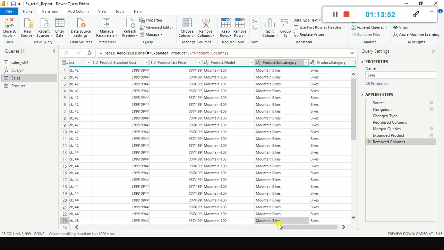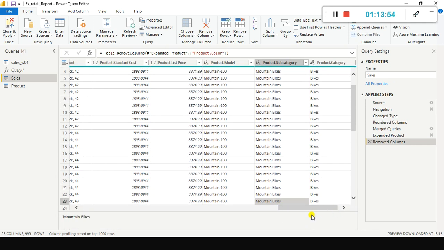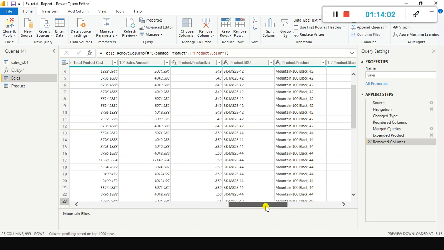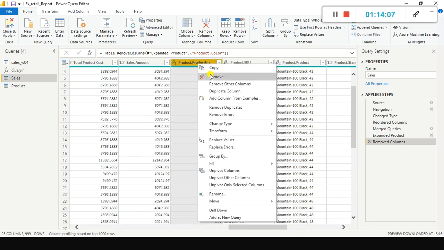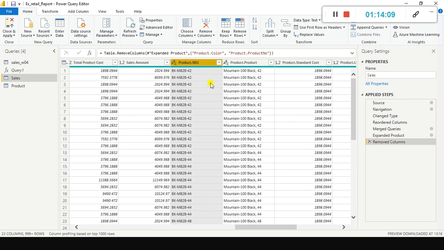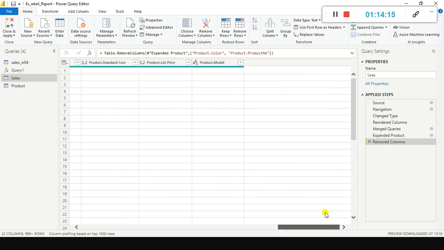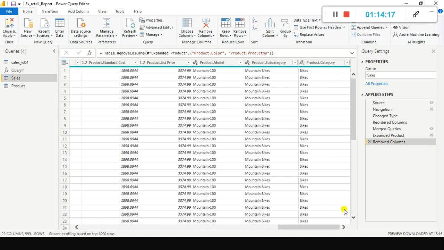So rest of the columns are available here. Whichever column you don't need it, you can remove it. But can I remove product number here? One second, with the product number itself matched, right? Product number, if I remove this, still the other things are available. Okay, product number you removed it, still other columns are available. Okay, this is the one you merged it. Okay, fine, you are all set.